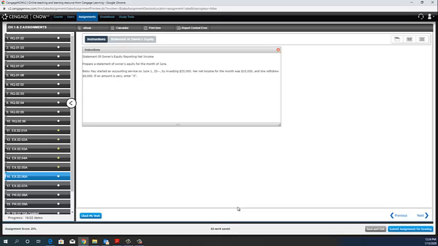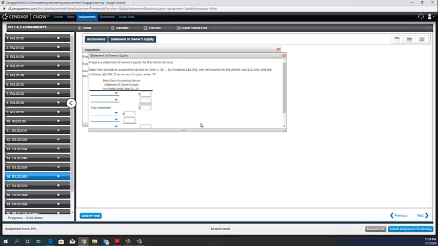Okay, we have statement of owner's equity reporting a net income. And I assume we're going to complete a statement of owner's equity here. It says Betsy Ray started an accounting service on June 1st and invested $20,000, so you know that went right into her capital account. She earned $10,000 in net income for the month and withdrew $8,000. Okay, so over on the statement of owner's equity, we're going to start out with